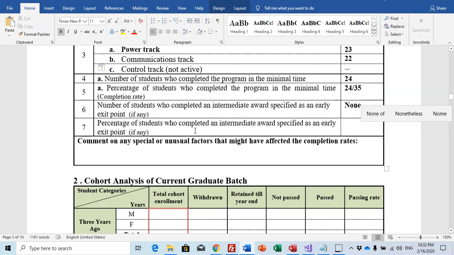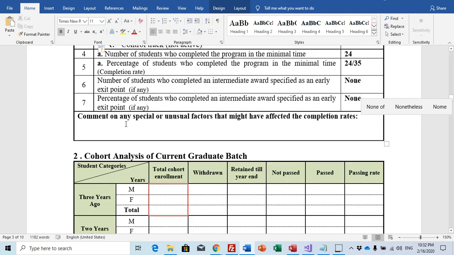Percentage of students who completed an intermediate hour specified as an early exit point, also none. There is no percentage. Comment on any special or unusual factors that might have affected the completion rate.